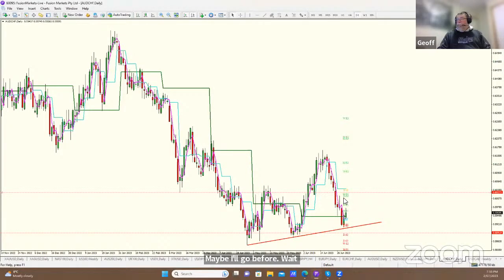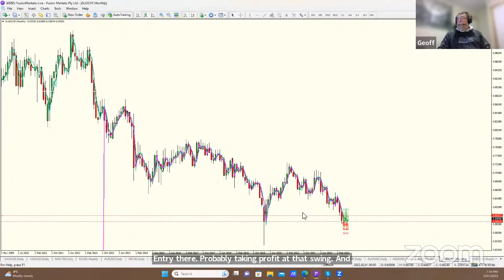Weekly pivot's going to drop, so that should protect us a little bit. Monthly pivot will pretty much stay where it is by the look of that. Could be a bit tricky. We're going to have a pivot sandwich tomorrow. But whatever happens, price will be below those pivots. So that should all work out, should provide resistance for us. I'm not sure where the pivots will be, but that's where I'll be looking to have my stop loss. Entry there, probably taking profit at that swing,